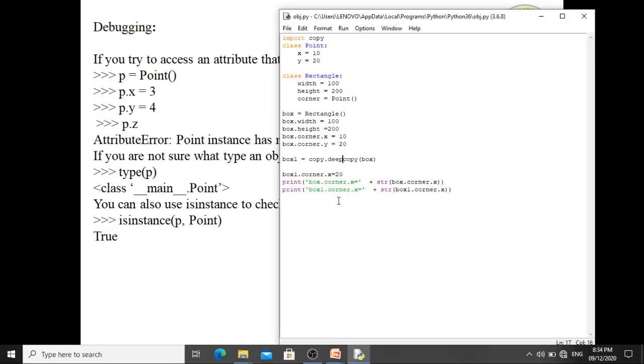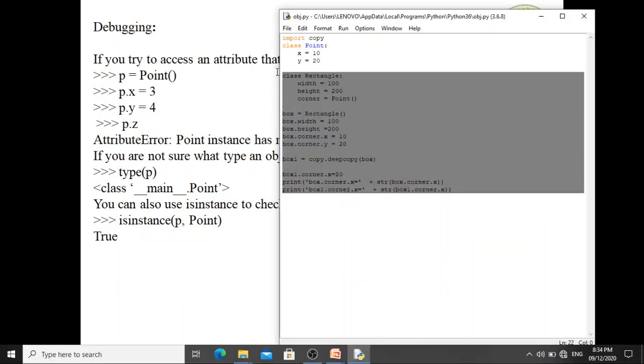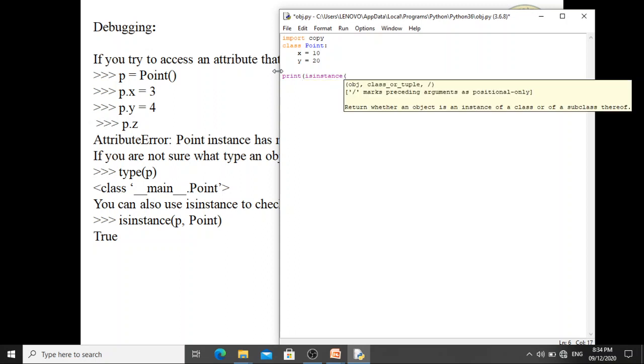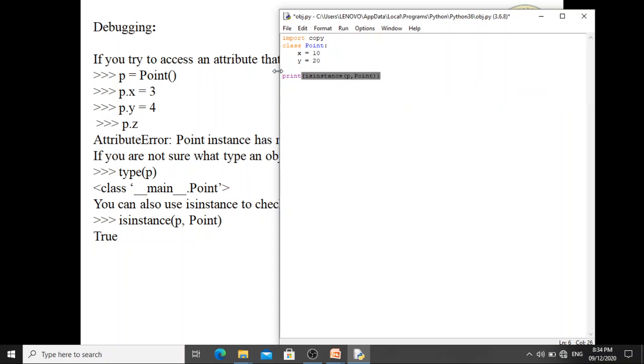Let me show you this now with the example. So print isinstance(p, Point), where p is equal to Point.